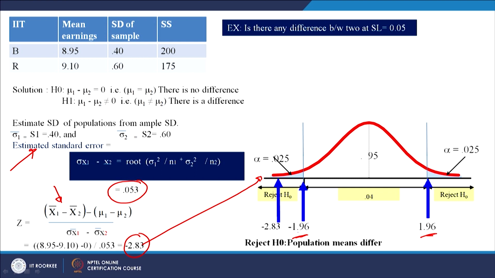What is the null hypothesis? That there is no significant difference in the earnings of these two groups of students, right. So, we are rejecting it, which means there is a significant difference, right. When we say there is a difference, it means this group has got the higher salary, because the sample mean is higher over here, right. So, we will work out the same example using Minitab, right.